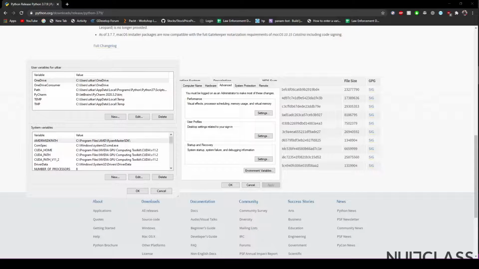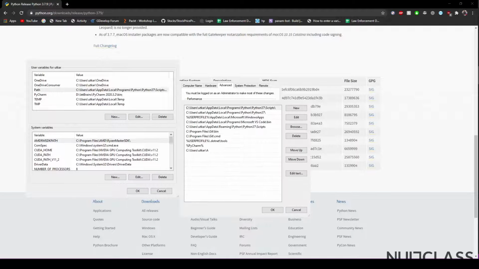So this is our environment variables window, which contains the variable locations of various variables which are used in our system, and one of them which we are going to use here is path. So to add Python to path, you select this path variable and click on edit, which will again redirect you to a window like this.